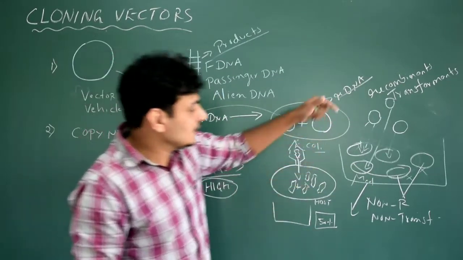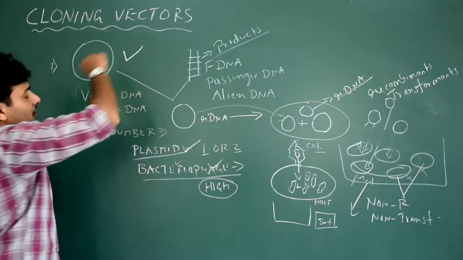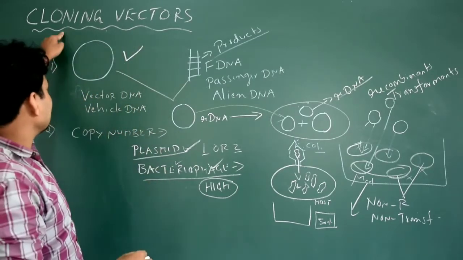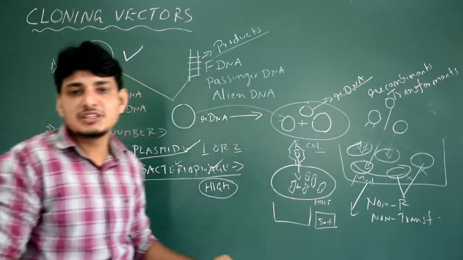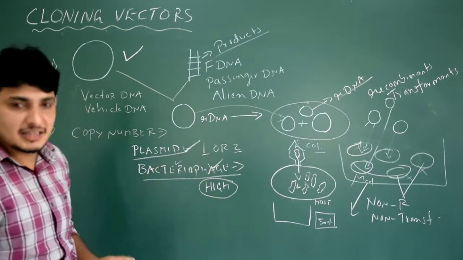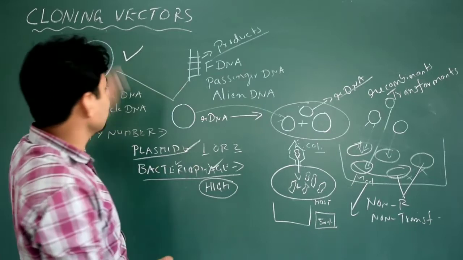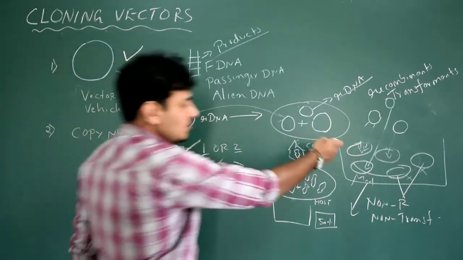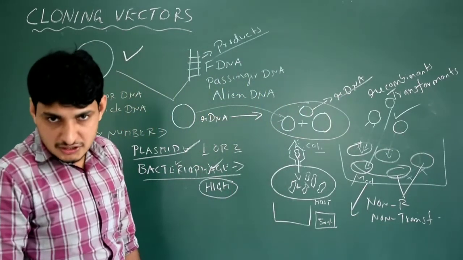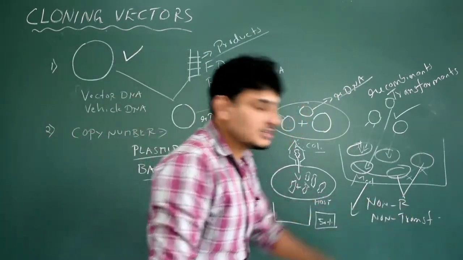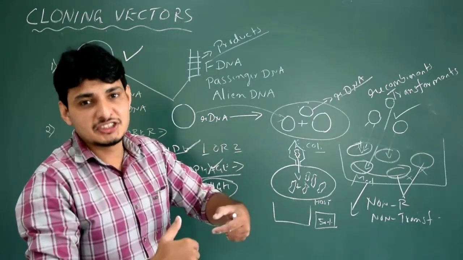To avoid the chances of failure, we have to be very precautious to select a type of cloning vector for the particular experiment, for the particular genetic engineering technique. Got it? So you may get a question like, what is the necessity of selecting a specific cloning vector? Simple: for the selection of the recombinants or transformants and elimination of non-recombinants or non-transformants. You will understand it when I discuss its salient features.